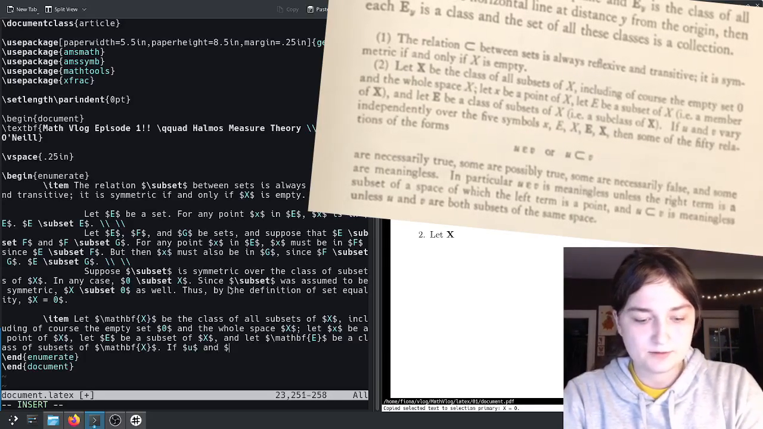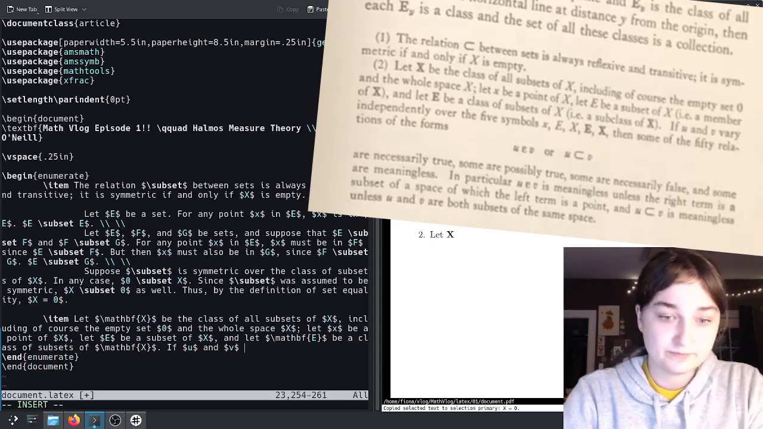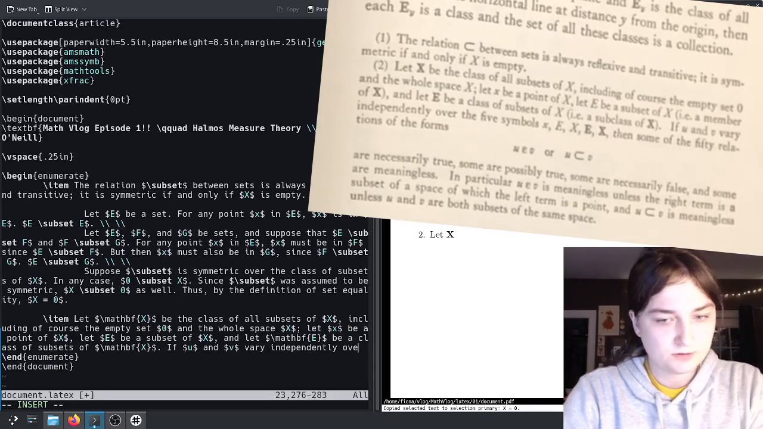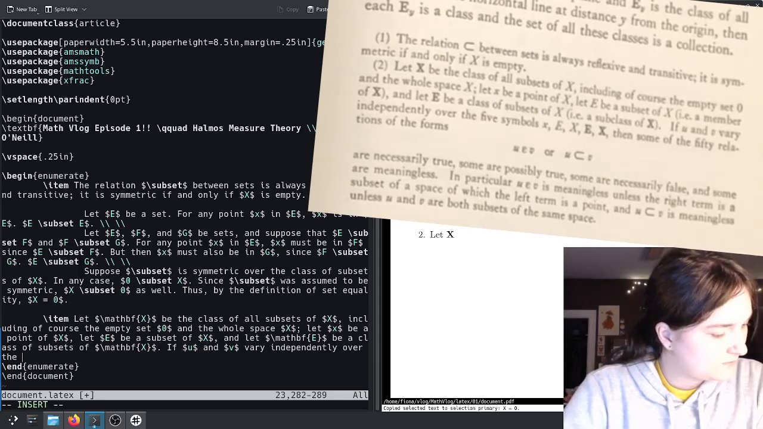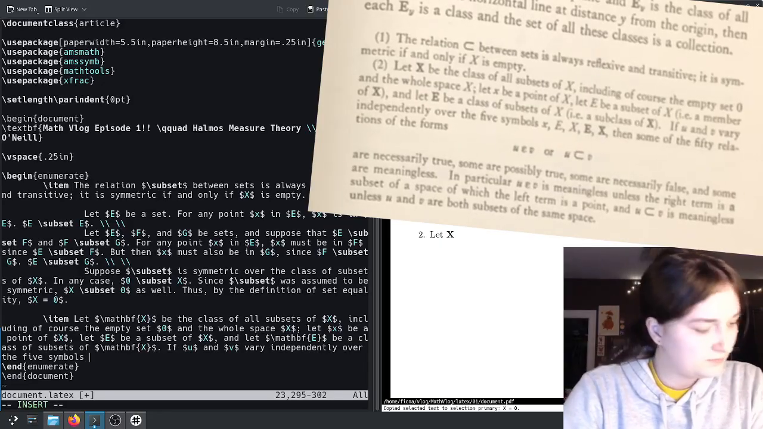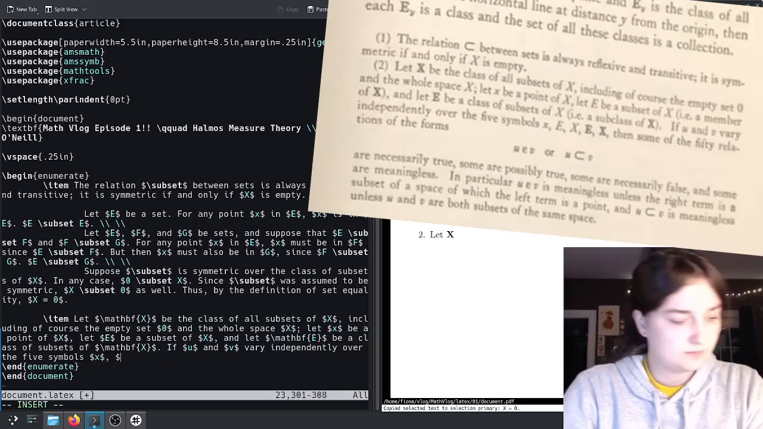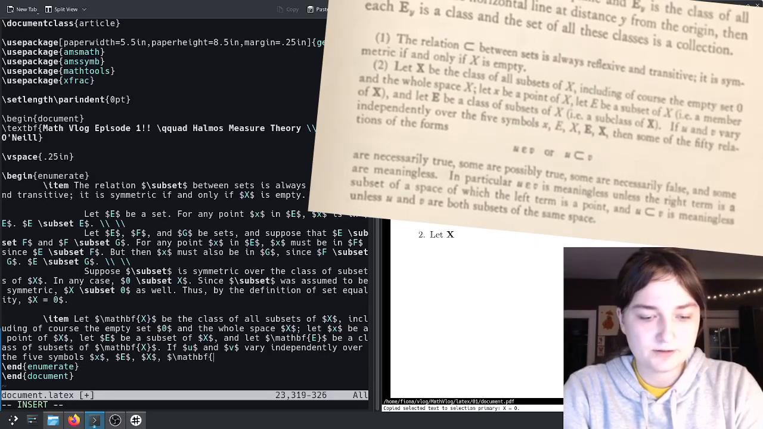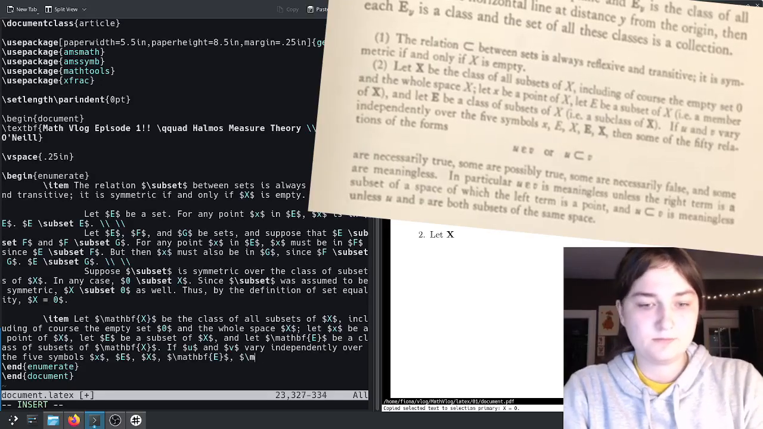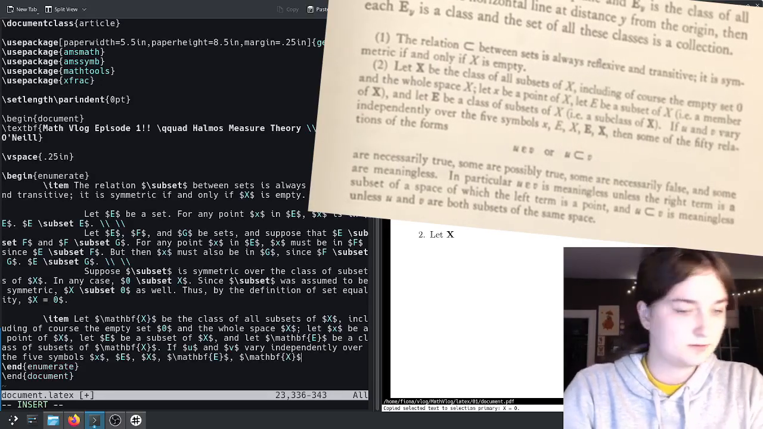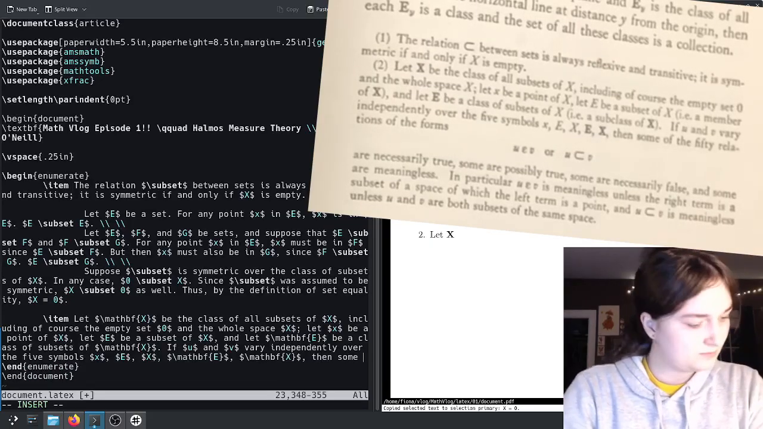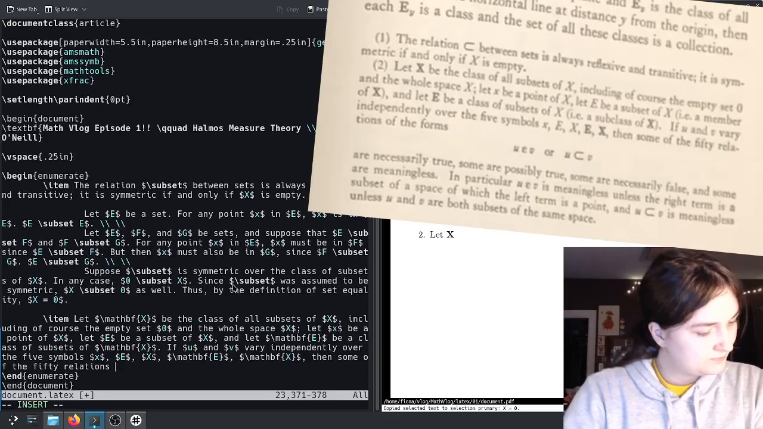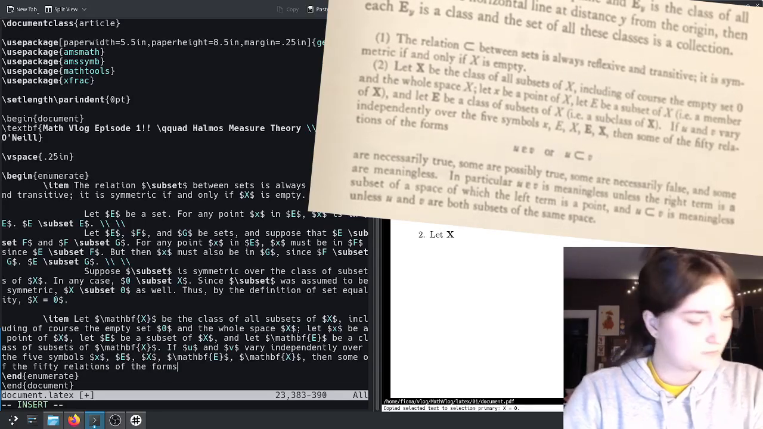If U and V are varied independently over the 5 symbols x, E, capital X, bold E, bold X, then some of the 50 relations of the forms